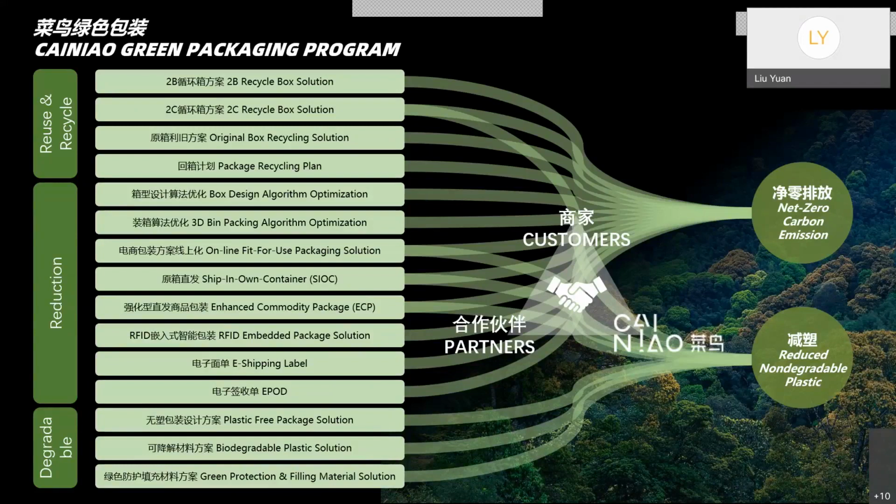Since Cainiao, the future is that we are a platform company. So we think the greatest strength of us is to be more open and to have more collaboration and cooperation with other partners to maximize the scope of the green activities. So if we go through the details of every action,